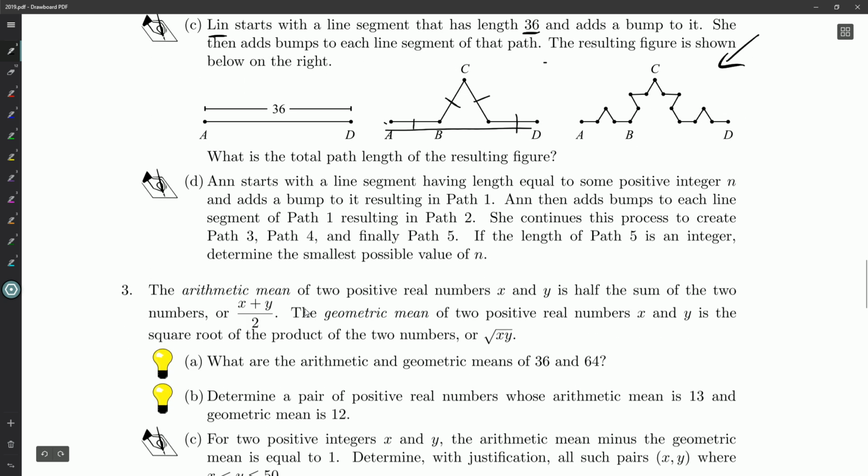Okay. So, D part. Anne starts with a line segment having length equal to some positive integer n and adds a bump to it, resulting in path 1. Then she adds a bump to each line in path 1, resulting in path 2. So now is sort of the time to say what I just said a moment ago. She continues this process to create path 3, then path 4, and finally path 5. If the length of path 5 is an integer, determine the smallest possible value of n. Okay? So again, you could use little pictures to justify this, but